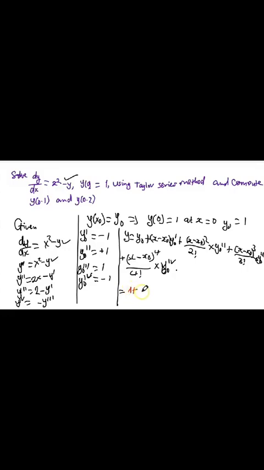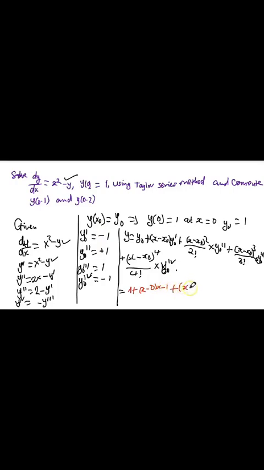Plus we have x minus x naught, so this is x minus 0, because we know x naught is simply 0. So x minus 0 multiplied by y naught prime, and our y naught prime we got negative 1 here. So you put negative 1, so multiply this by negative 1,